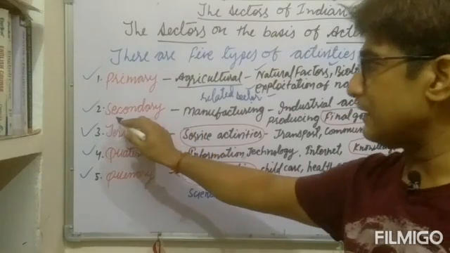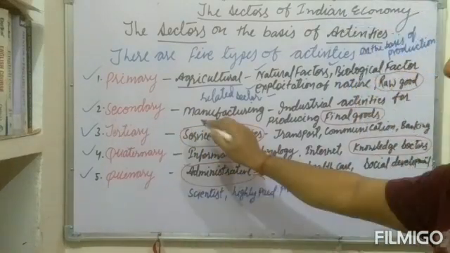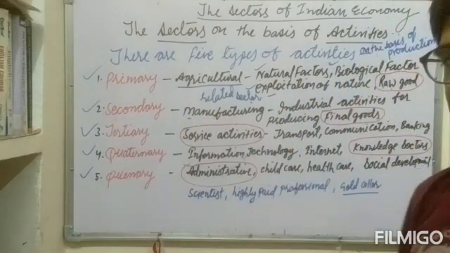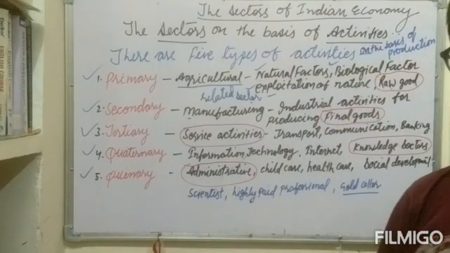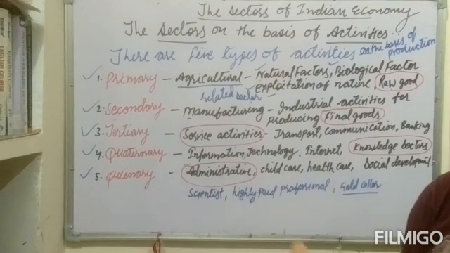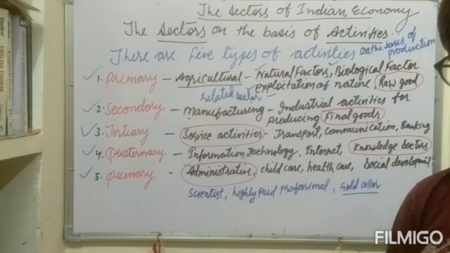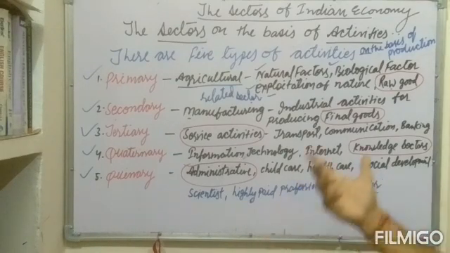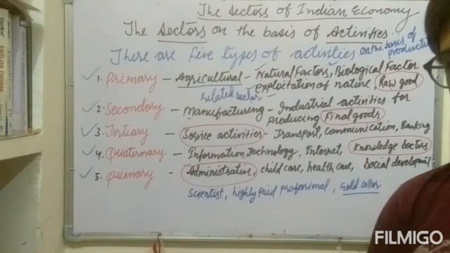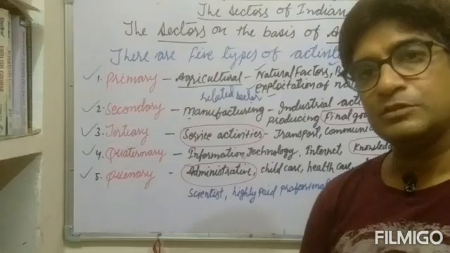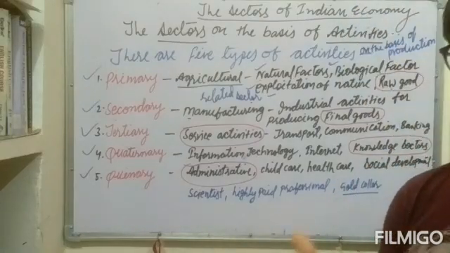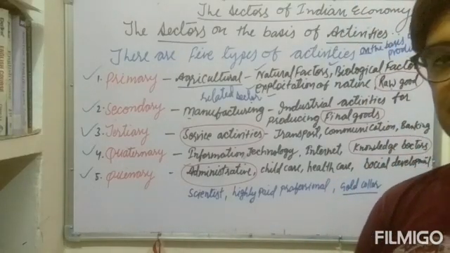So the second sector is the secondary sector, where we apply manufacturing activities or industrial activities, where we use the raw material which we obtain from the primary sector in the industries, because industries produce the final goods, and final goods are very important for the development of societies and for the country, because